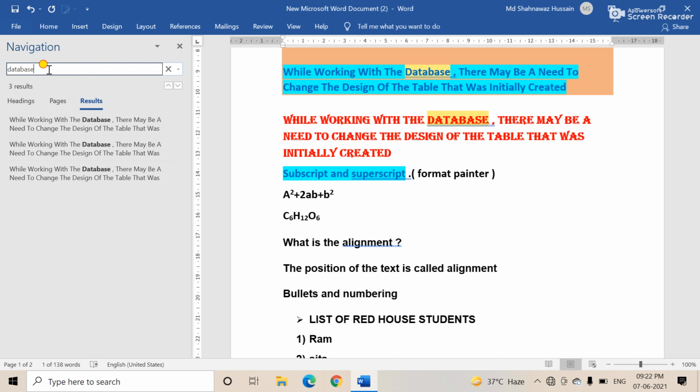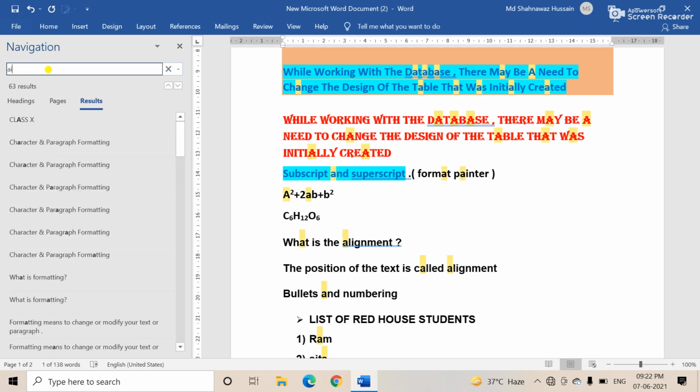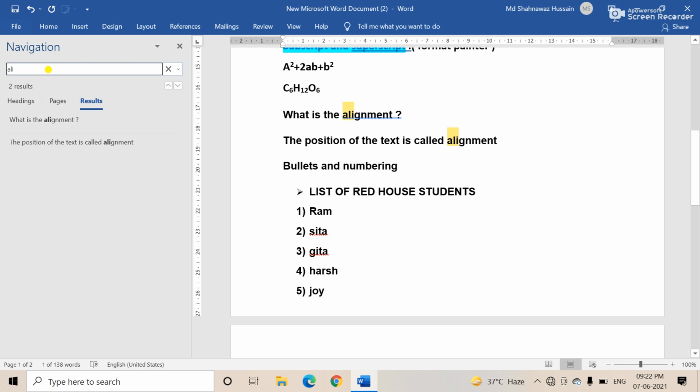For example, suppose I write alignment, sorry, ALIG. It is highlighted. All of you see the effect comes automatically. The matching ALIG and MENT in alignments is automatically highlighted.